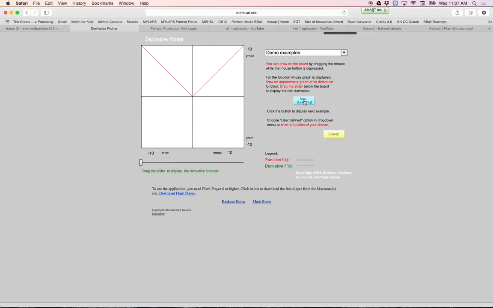What about this one? 1, so this is what it's going to look like. Boom! And these are not connected. The applet does that because of the programming on it. They're not connected. What it ends up being is a jump at 0. And to clarify, if you remember y equals the absolute value of x,